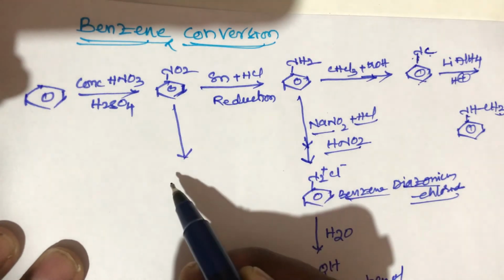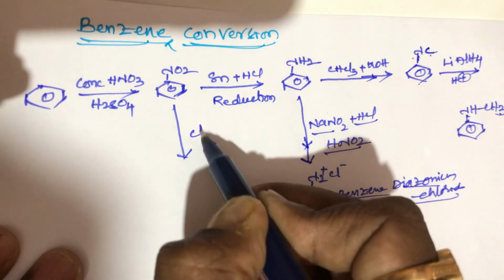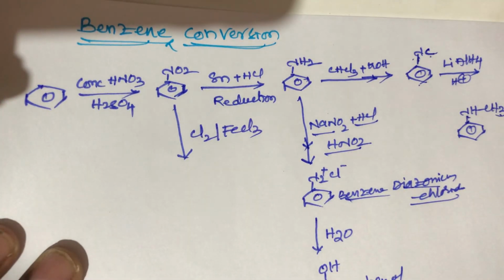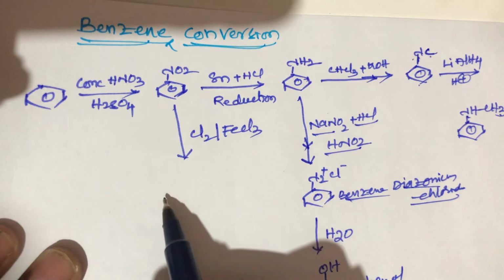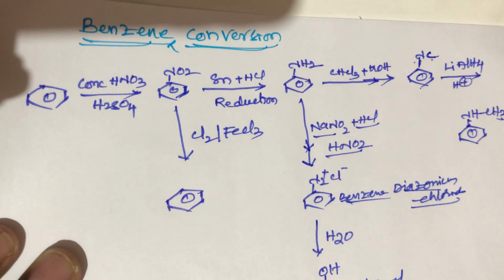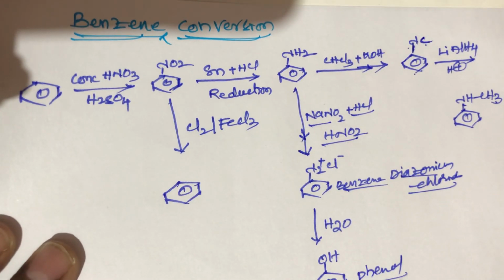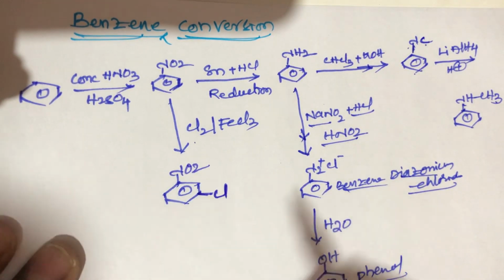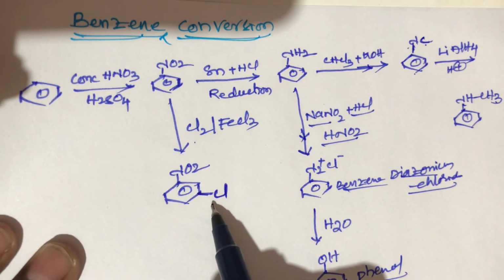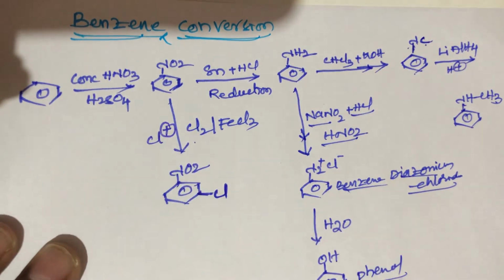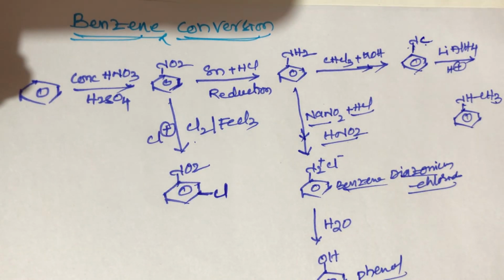This nitrobenzene reacts with chlorine in the presence of FeCl3. This nitrobenzene again reacts with chlorine in the presence of FeCl3, that is chlorination or halogenation, students. This reaction is called halogenation. This halogenation reaction belongs to electrophilic substitution reaction. In this electrophilic substitution reaction, the chlorine in nitrobenzene will always attack the meta position. In this reaction, the electrophile is Cl+. This electrophile will always attack the meta position.